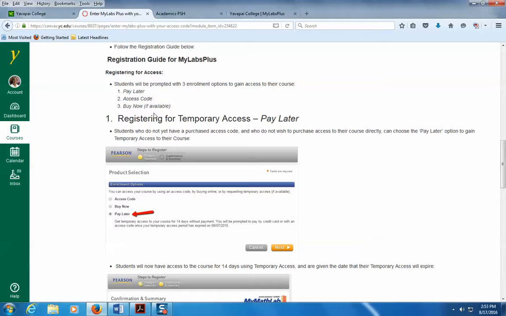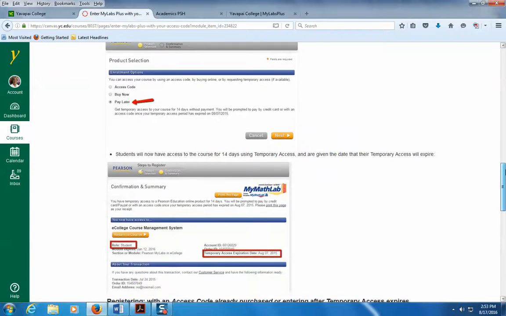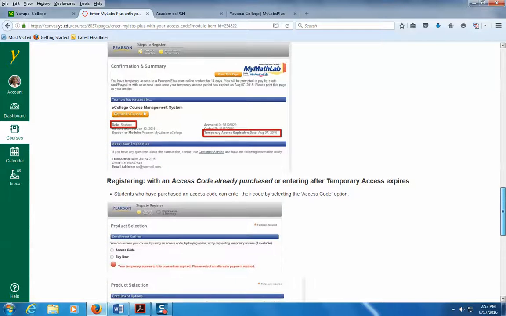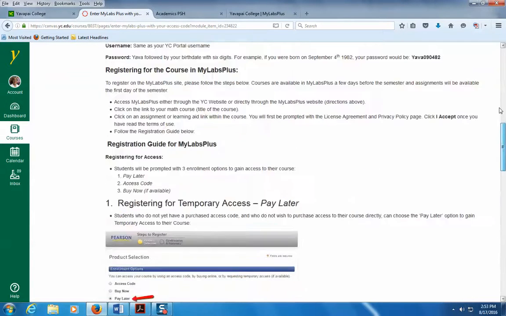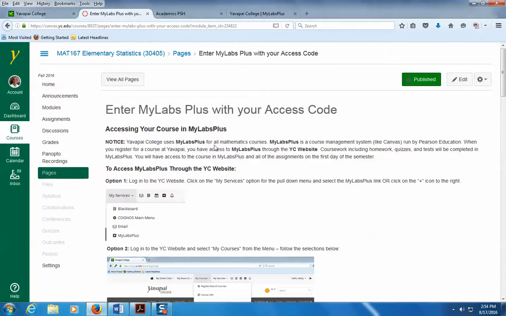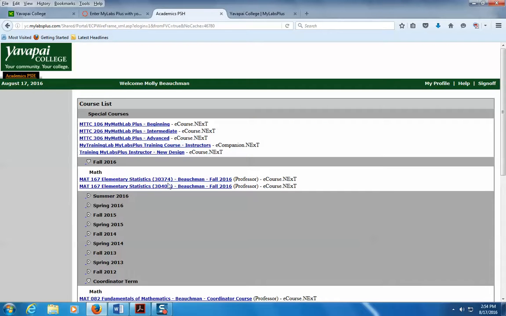Also, if you've taken this class in the last year and we're using exactly the same book, exactly the same edition, you should still have access to the class. You don't have to buy another access code. So if you're retaking the course, you don't have to purchase again. So follow these screenshots so that you can go ahead and get signed up because we'd really like you to be in there. I'd like you to be in there by the 24th. Our first round of homework is due on Sunday. All right, now once you get there,